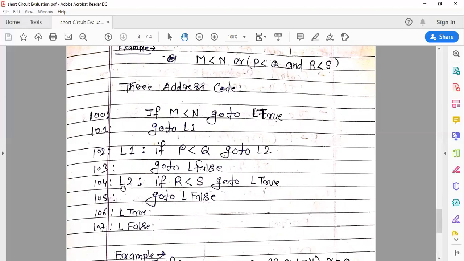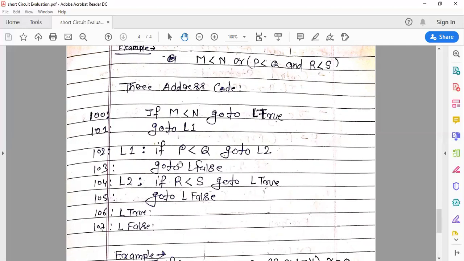And if the second statement, R less than S, is also true, the control jumps to L true, which is here at 106. If this statement is false, the control jumps to L1. And if P less than Q is true, go to L2, and again check if R less than S is true, then go to L true.